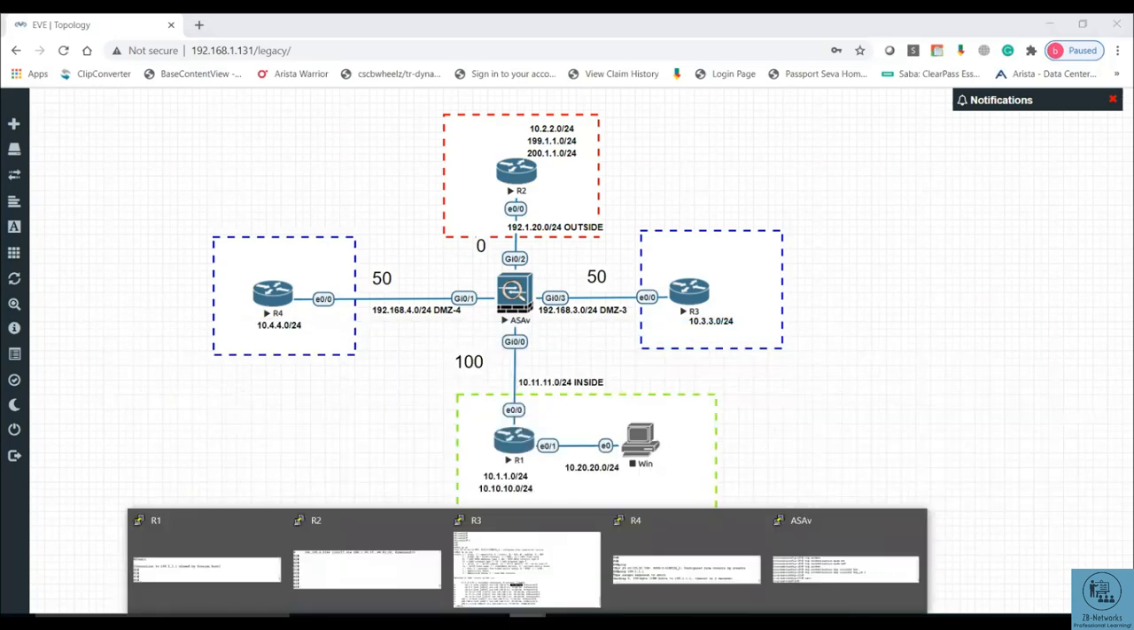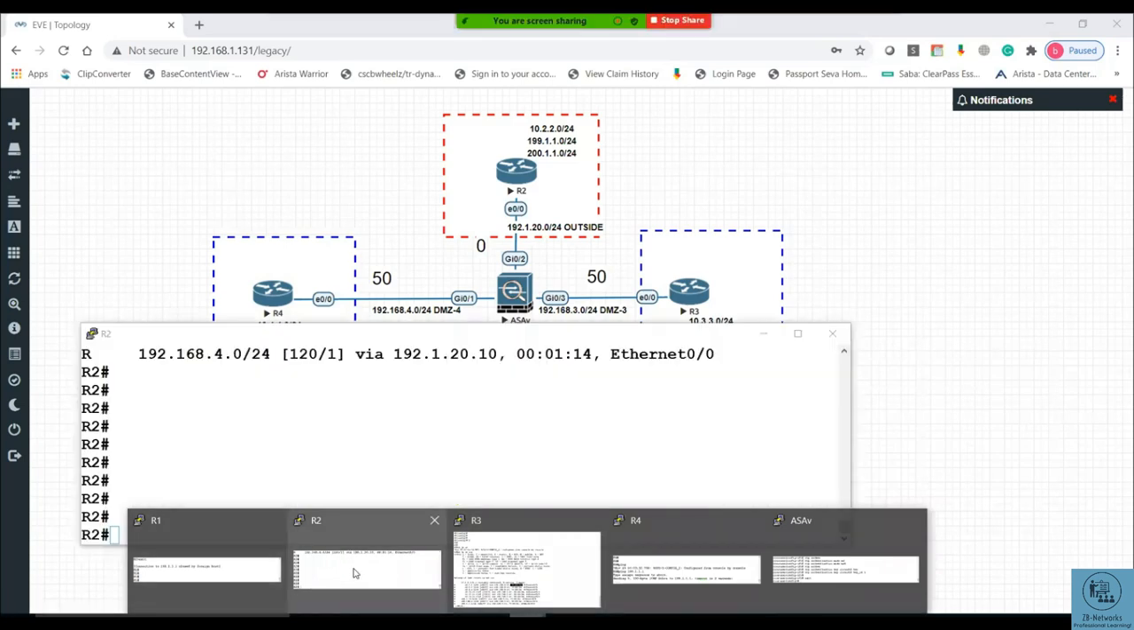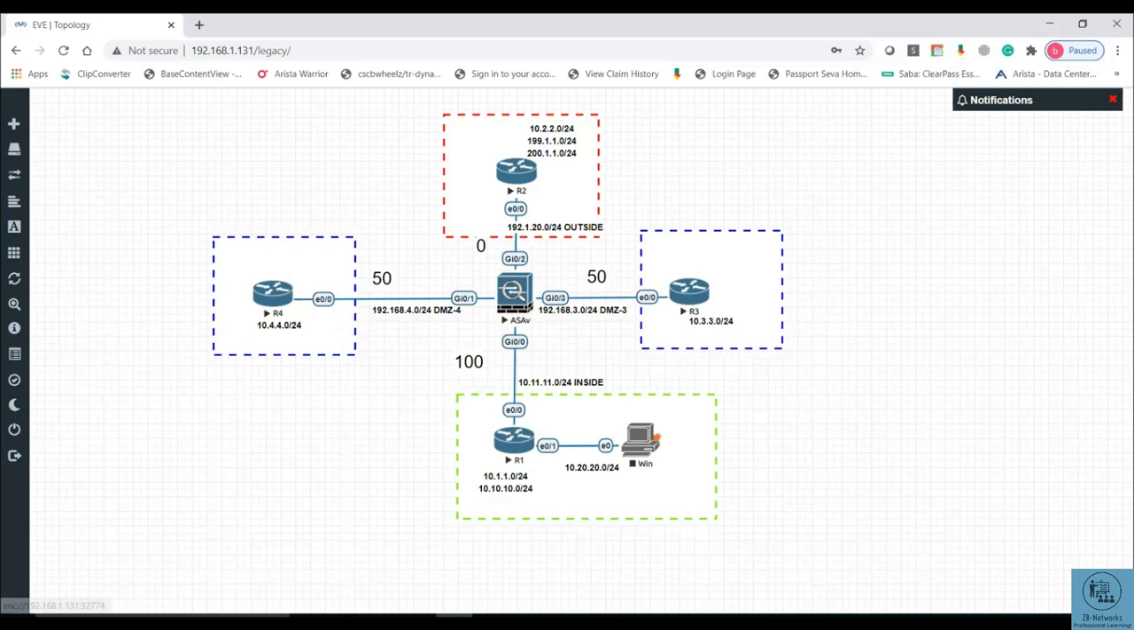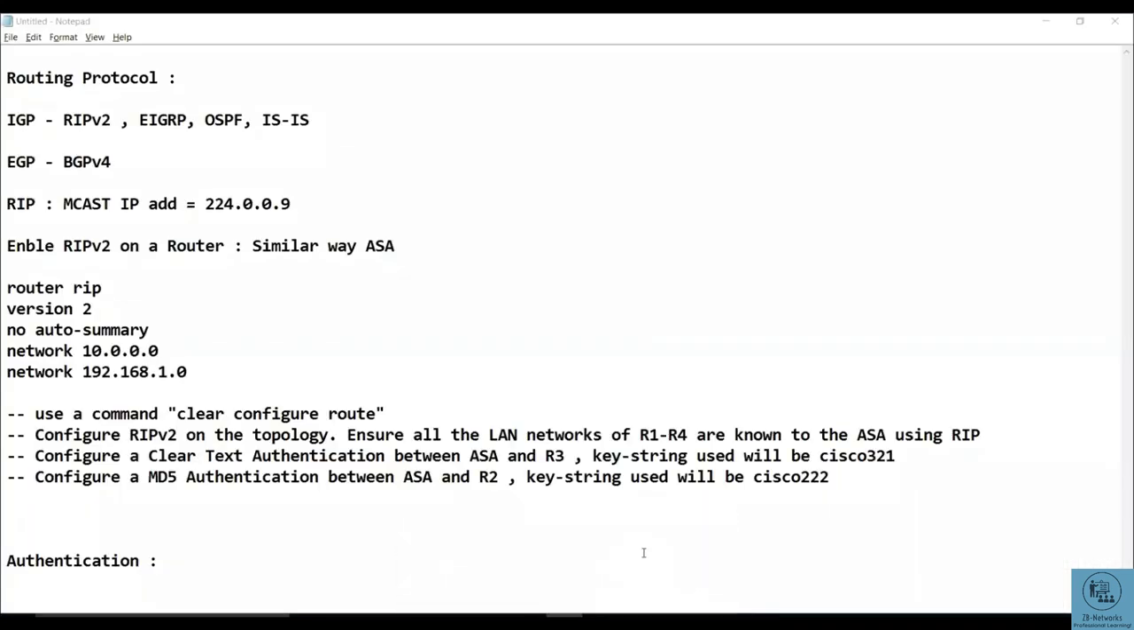If you want to run debug, you can run a debug and you can see that you are getting the updates using authentication. So that's fine, that I'm not running it. So basically this is the way to do that. So for you, just to remember this,